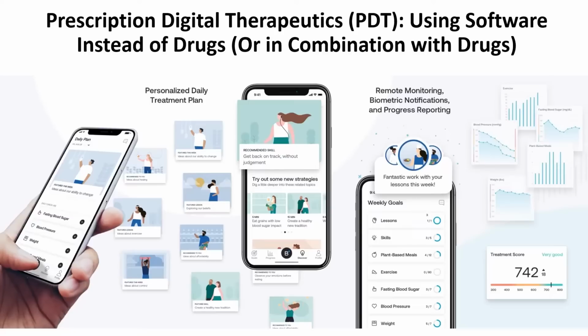These are a little bit different than your typical phone app that anyone can go to the App Store and download. These need to be prescribed by a physician for a specific indication. These apps need to go through a rigorous evaluation by the FDA, and they will eventually be FDA approved and hopefully covered by insurance, and they need to be monitored by a physician. Next slide.